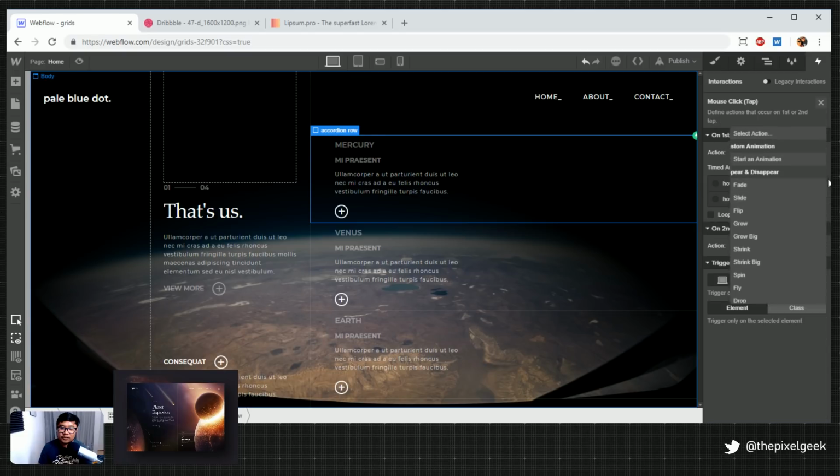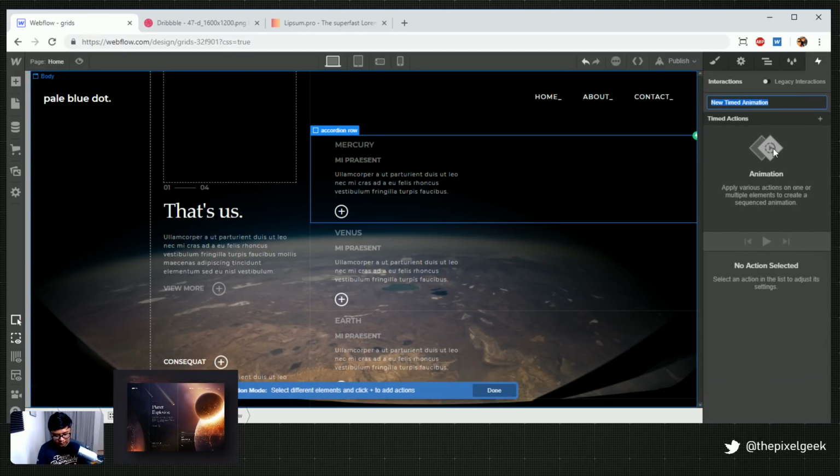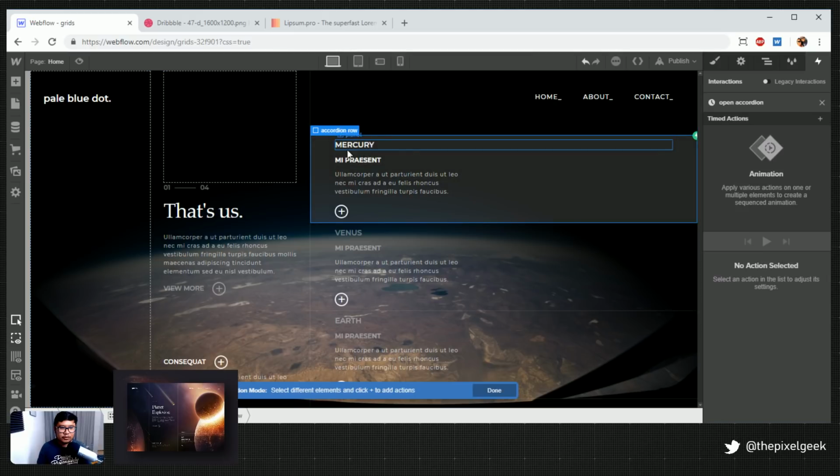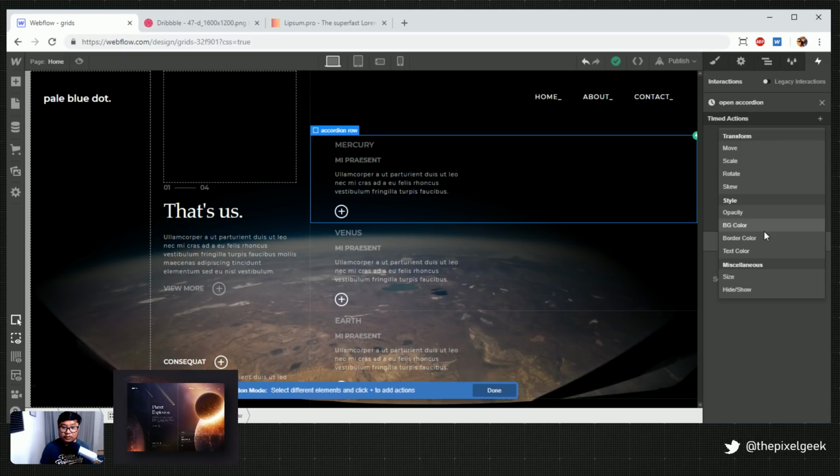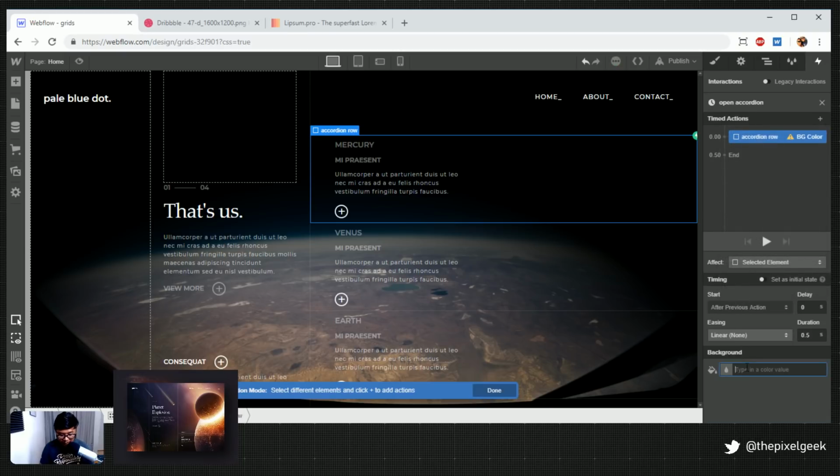On the first click, what you gonna do? So open accordion. On first click, the first thing I want to do is change the background color to black. Cool.